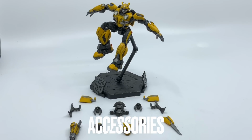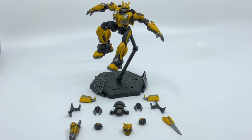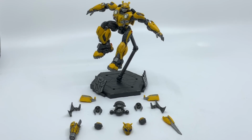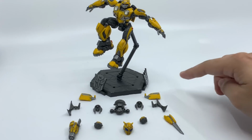Here is the Trumpeter Bumblebee after being assembled along with all of his accessories. You can see that this guy comes with an articulation stand by itself, two Transformer logos, one for the Autobot and the other one for the Decepticon, and all of the alternative parts as well as accessories that allow for all of his possibilities. So right now I exhibit him in the Earth mode, but we also have alternative parts